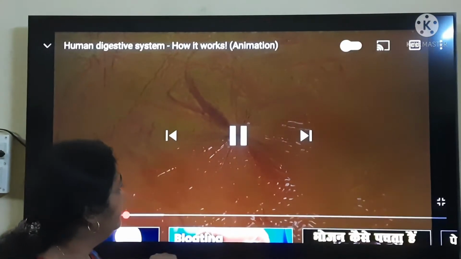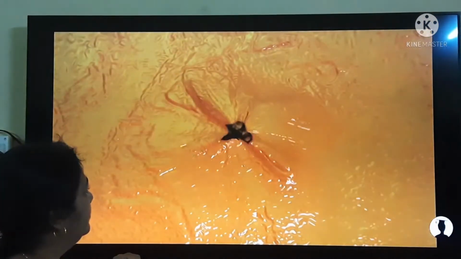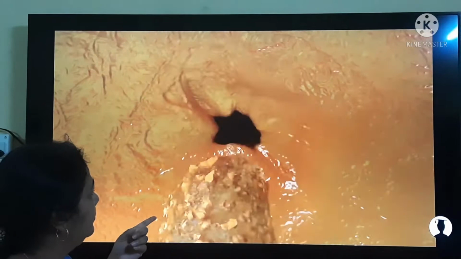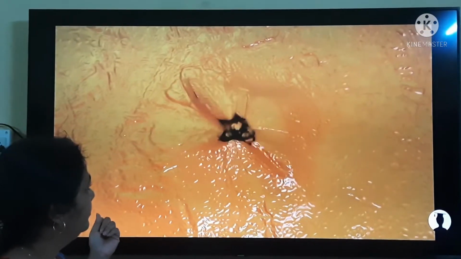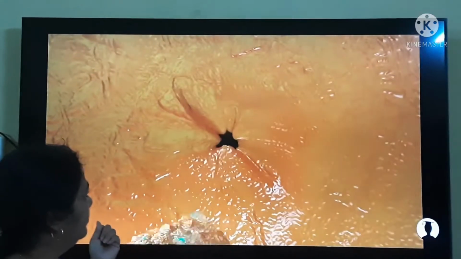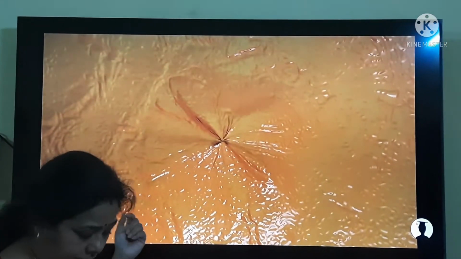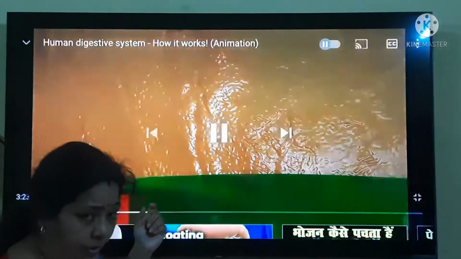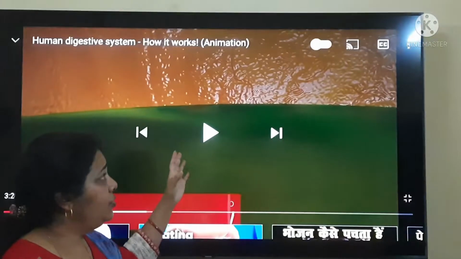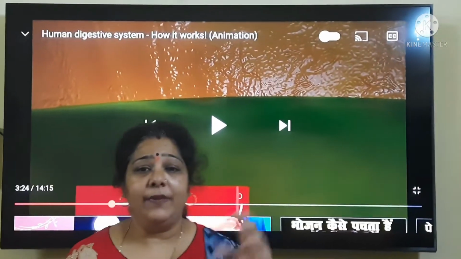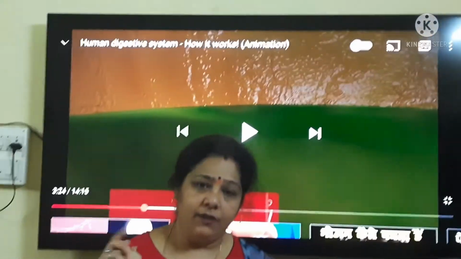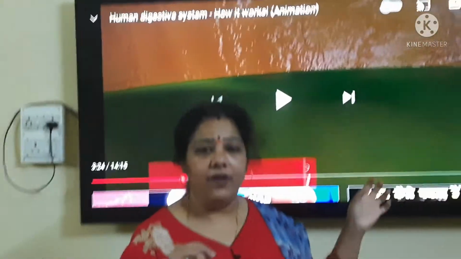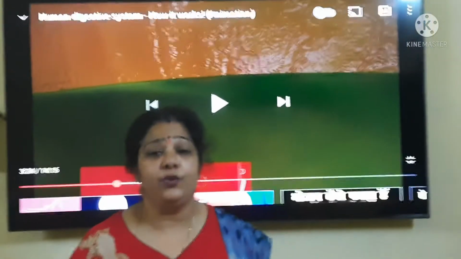The stomach and esophagus are separated by a sphincter. It relaxes when a bolus is pushed from the esophagus into the stomach and then contracts to prevent acid and food from going back up. So you saw that the bolus was coming inside the stomach, but it is not going to go back because of this pyloric valve. Okay, this is what is asked to you also.